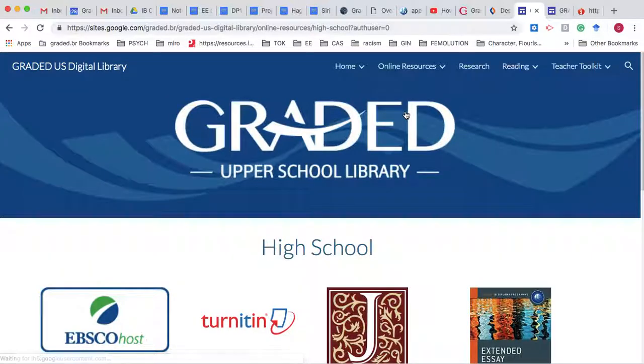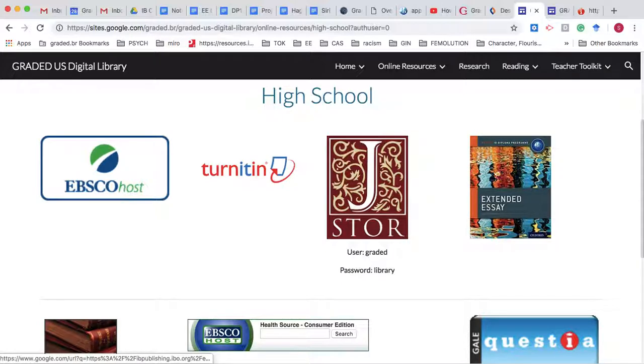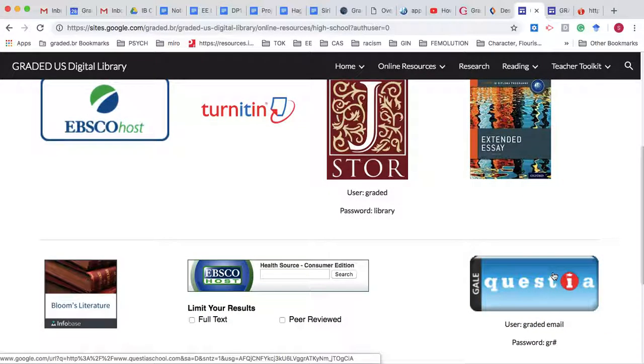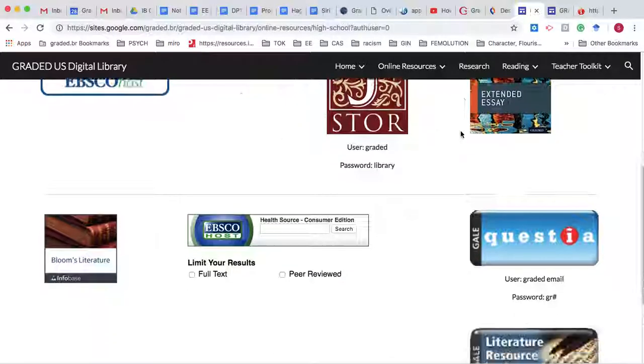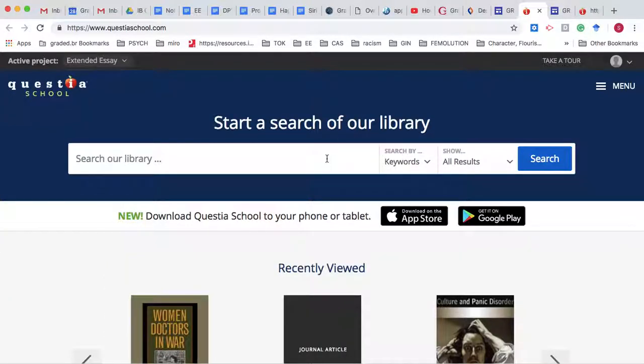Once we are there, you can see that we have a bunch of options. EBSCO, JSTOR, ooh, extended essay guide, how helpful, and Questia. Today we're going to focus on Questia, but whatever you need is also on this site. So we're going to go ahead and click on Questia, and I'm going to back up even kind of behind,